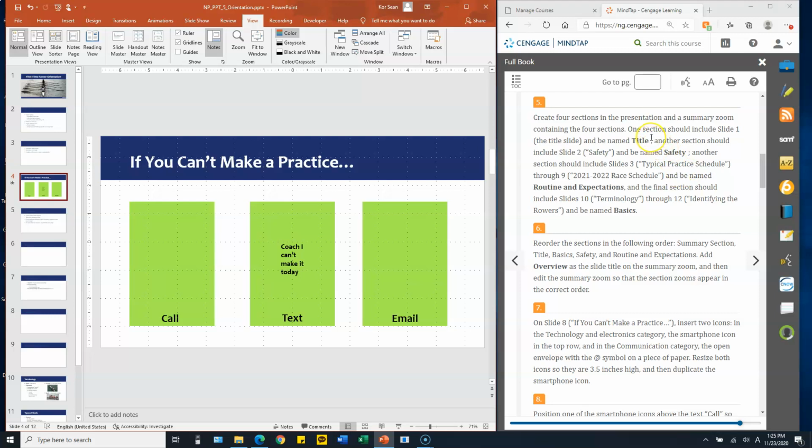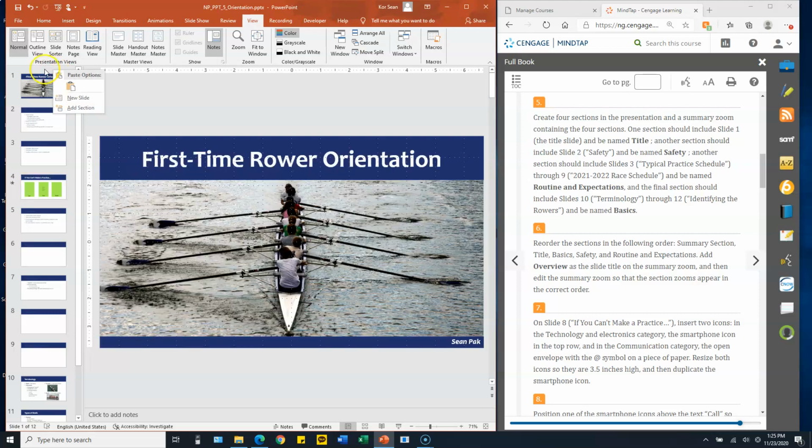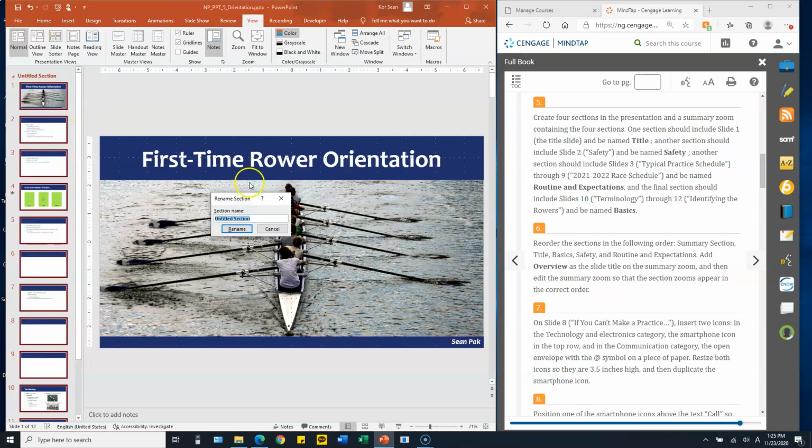Okay. And then one section should include slide 1. So right click just above slide 1, in the empty space above slide 1. Then right click and select Add Section. So we just insert the section, and the section name should be Title. Rename. Okay,